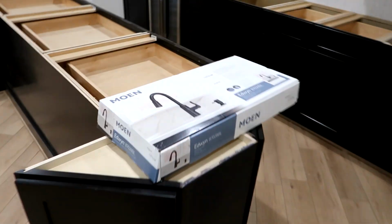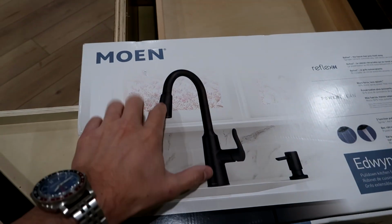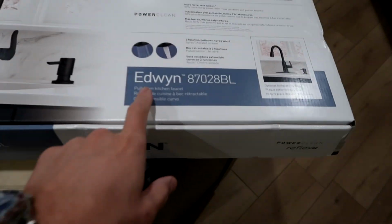I probably am not gonna film them because I don't want them to feel uncomfortable, plus everybody's going to be wearing masks. So the countertops are going to get installed today, and pretty soon I'll be sitting down here having a beer in my own bar. This is the faucet that we picked up. It's a Moen Edwin,